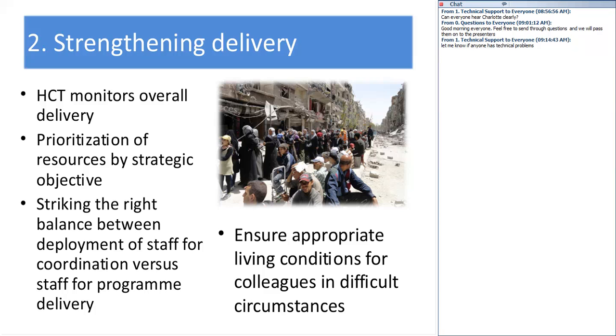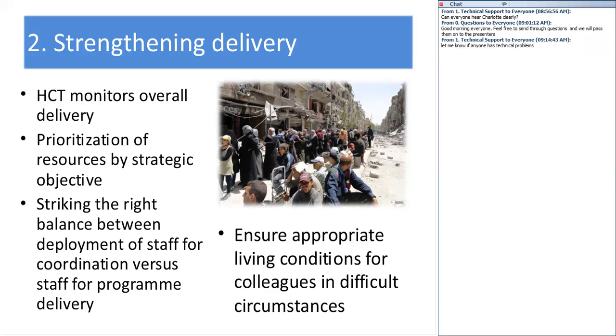I'm going to cover the issues of coordination. Panos has already touched on a number of the key points. One of the most important issues that has come up through the various OPRs and STAIT missions is the issue of clarity around roles and responsibilities. And here we particularly mean with the coordination, the clarity between the roles and responsibilities of the HCTs, the intercluster working group, as well as the cluster coordinators within their own clusters. The more defined this is, and where it's clear also in terms of the expectations between what is a strategic role versus what is more a coordination and operation role, helps significantly in terms of the efficiency and effectiveness of